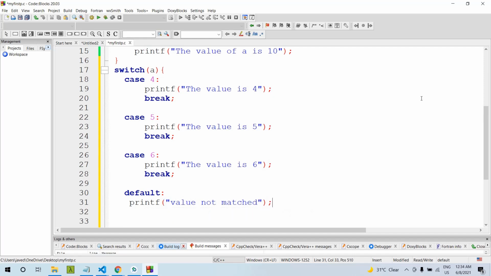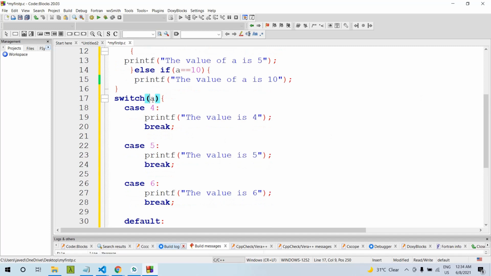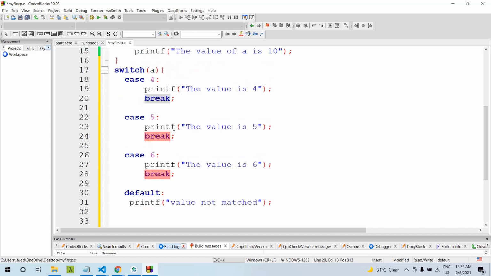Let's understand this. If the value of a is 4, then this case will execute. Here we are writing break, which is a statement in C language. When we write break, the control will not go further; it will exit from here. If the value of a is 5, this code will not execute.